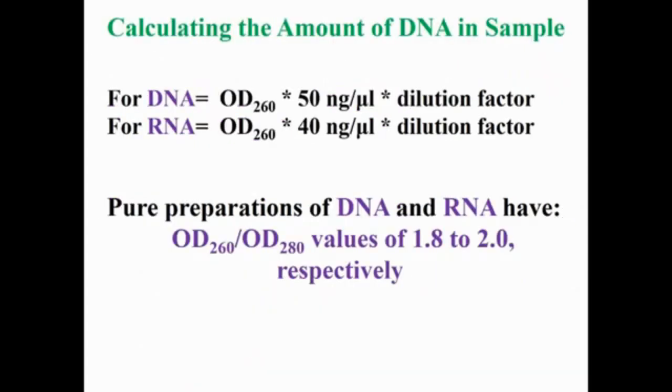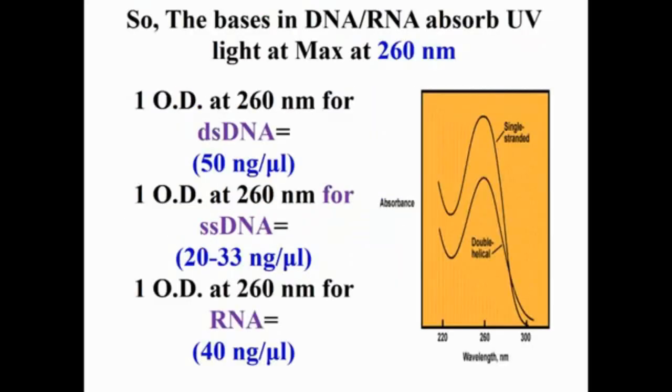To calculate the amount of DNA or RNA in any sample, you must follow the next equations. For DNA, the equation equals OD 260 times 50 nanogram per microliter times the dilution factor, while for RNA, the equation equals OD 260 times 40 nanogram per microliter times the dilution factor. So, pure preparations of DNA and RNA have OD 260 divided by OD 280 values of 1.8 and 2, respectively. The bases in DNA and RNA absorb UV light at a maximum of 260 nanometer, as shown in